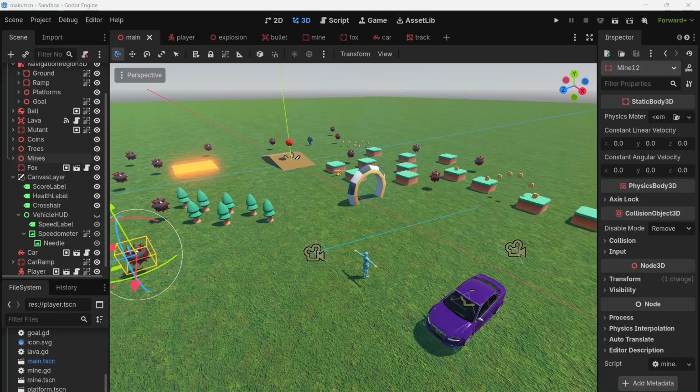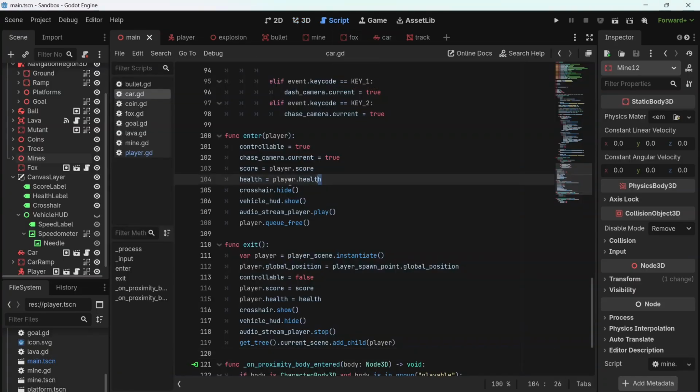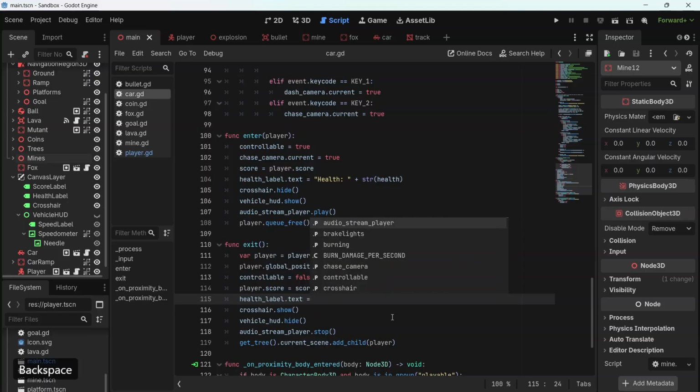I'd like to give people a couple of options for how they interact with their car. The first one is that often when you enter a car in games, the car has completely separate health to your player's health. We can achieve that in our script by, instead of setting the car's health to the player's health, we just update the health label text so that it displays the car's health. Health plus string health. Then when our player exits the car, we do the opposite and we update the health label text to display our new player's health by writing health